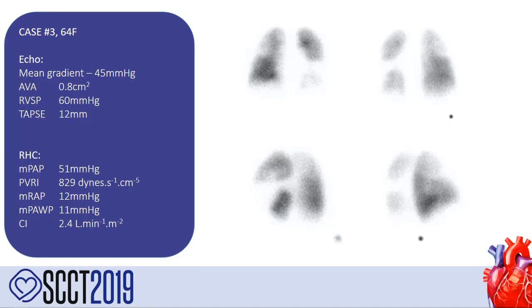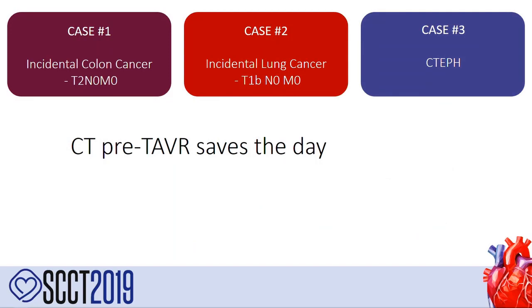And indeed, this patient was sent on to the cath lab and onto the SPECT VQ, which showed multiple perfusion defects with no matched ventilatory defect. So this is a case of chronic thromboembolic pulmonary hypertension, although with the normal CT before this, we know that there's no central operable disease. This is a peripheral variant of chronic thromboembolic pulmonary hypertension. So 3 cases, 3 incidental findings, 1 colon cancer, 1 lung cancer, and 1 chronic thromboembolic pulmonary hypertension.